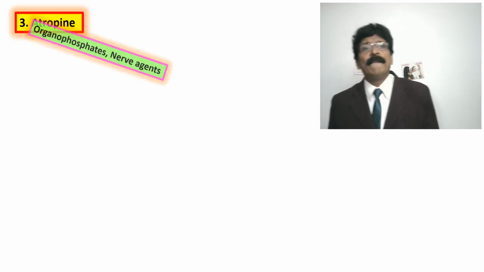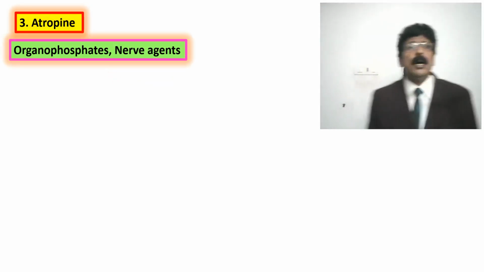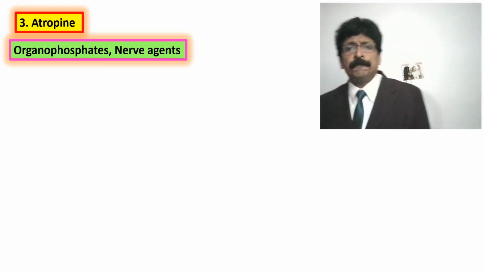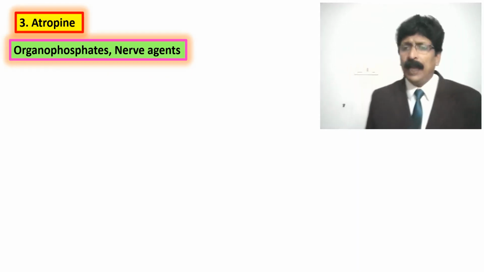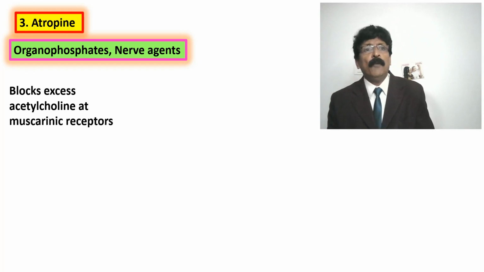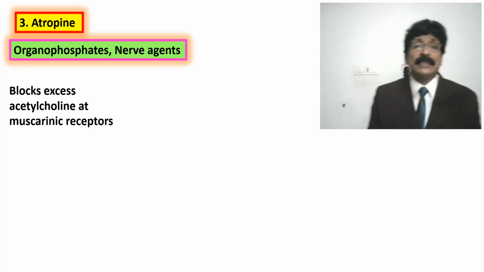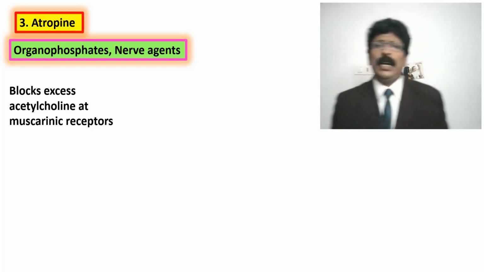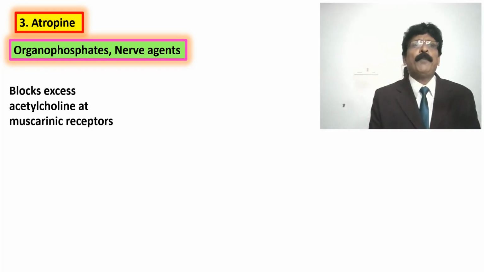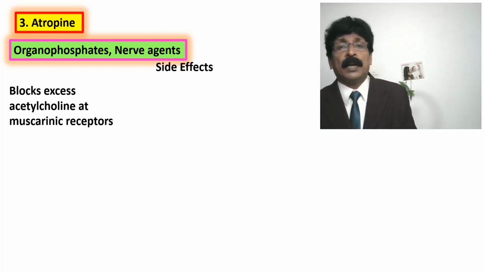Atropine, it is used for poisoning which happens due to organophosphates, nerve agents, that means nerve block agents. When you give atropine, how does it act? It blocks the excess acetylcholine at the muscarinic receptor. It is an anticholinergic drug, so it blocks the excess acetylcholine at the muscarinic receptor. Side effect,